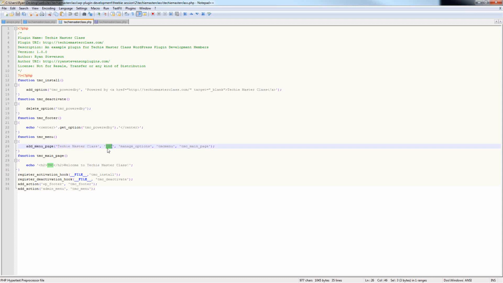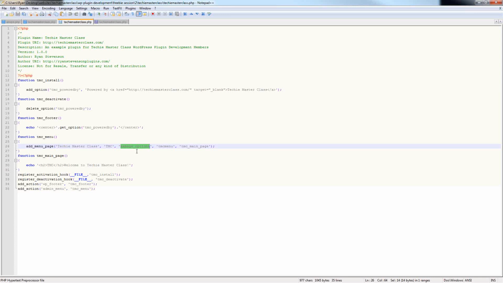The next value here, TMC, is the actual text that is used for the link that will be created for this menu item. The third part of it here, Manage Options, simply dictates whether or not a particular